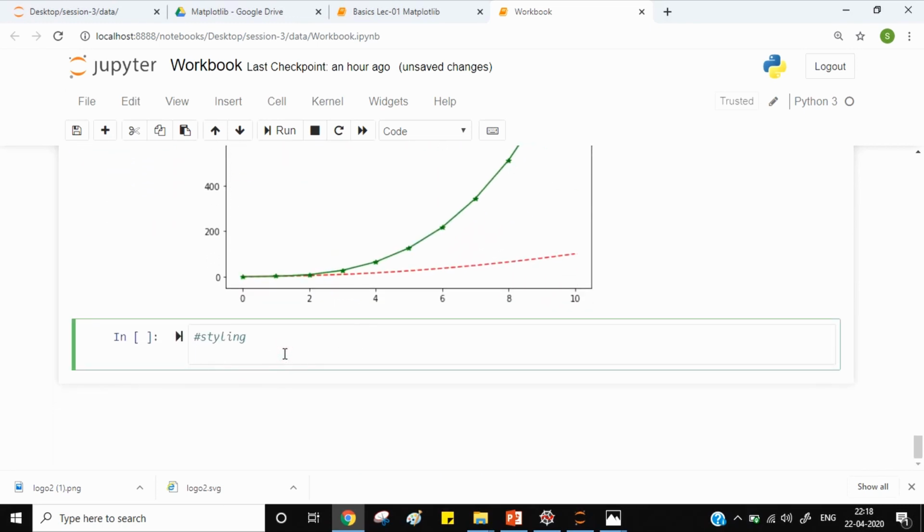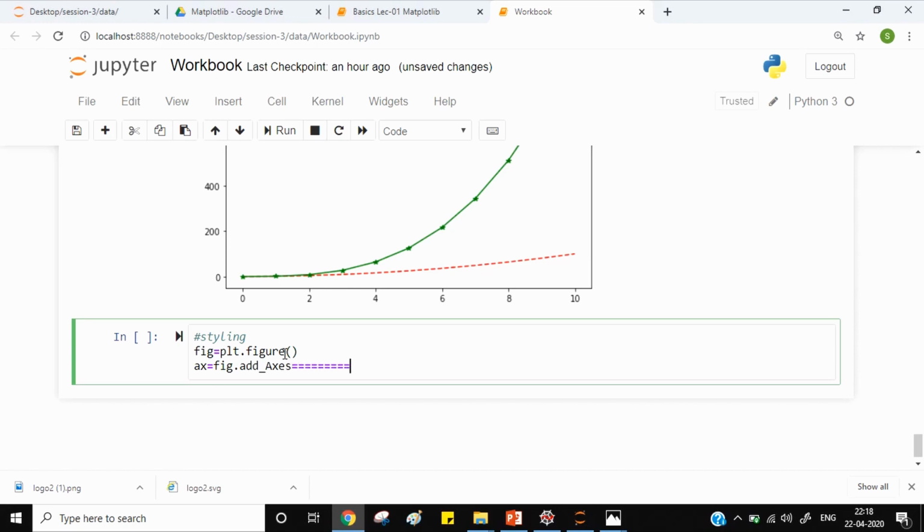Say, I will create a figure first. Oh, wait, I think one is enough.